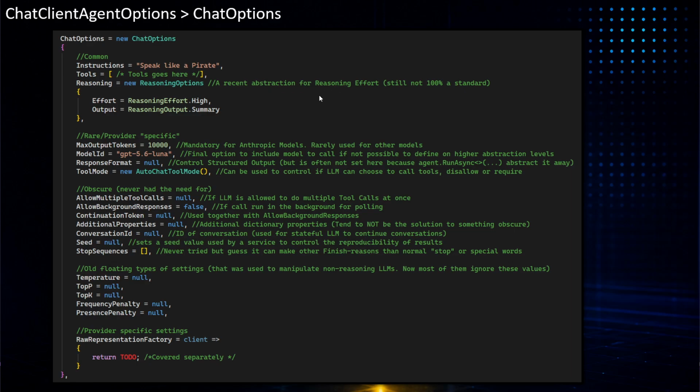This has not really become a standard yet. The frontier LLMs, Anthropic, OpenAI, Google are slowly getting into that it needs a reasoning effort, low, high, medium, and so on, and what kind of reasoning output that should be. So Microsoft Extension AI, which is providing this, have built an abstraction on top of it, but I don't really trust it yet.